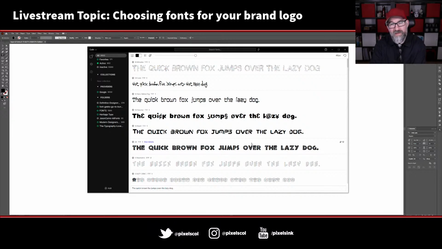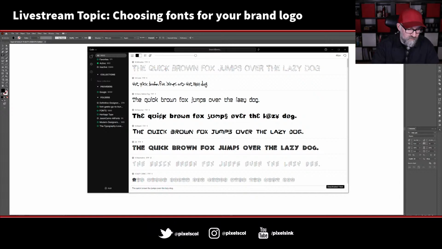Many of them are terrible and I would never ever use them. Now there's a little button here. If it's empty, it's not active on my system. It's just in a folder, but it's not active. If I wanted to use this one called 10 Minutes, which I would never ever want to use, I just click on that and it's now active on my system, and I can use it in Illustrator or any application on my PC, and then I can just undo it again.